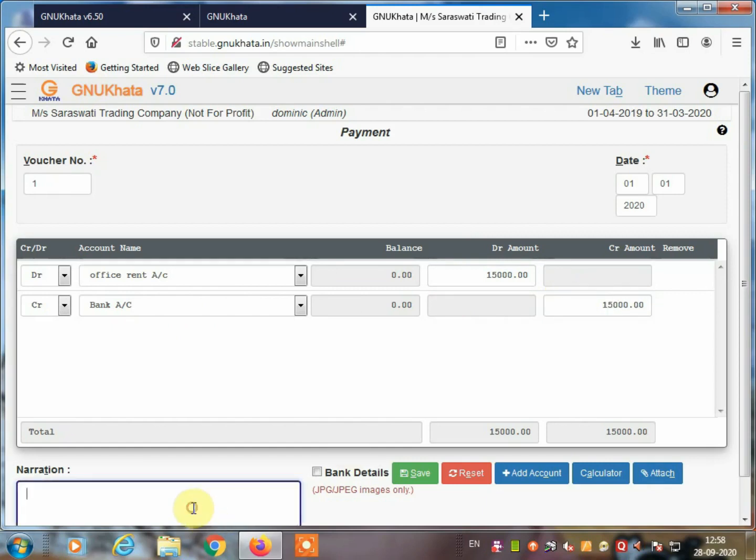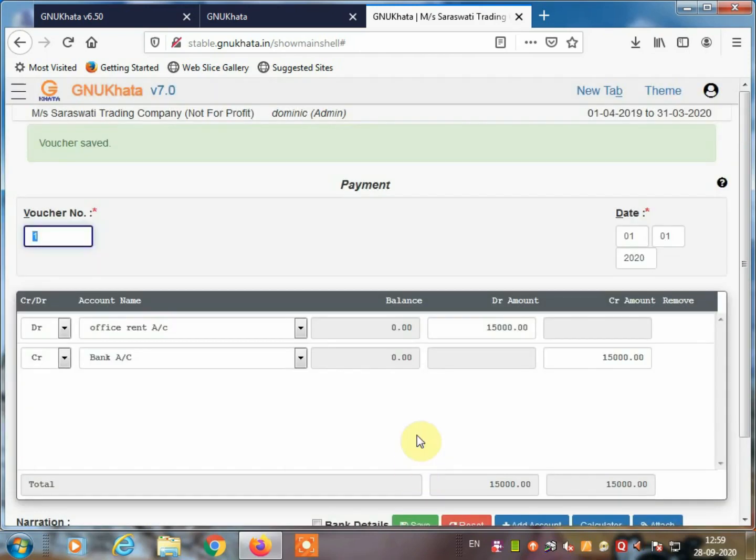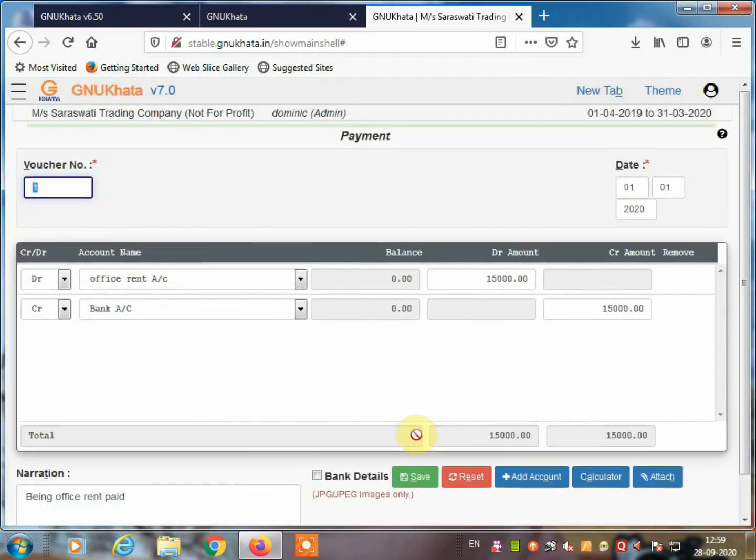And then write a narration: being office rent paid, and click on save. So this way we made the third voucher, that is the payment voucher.